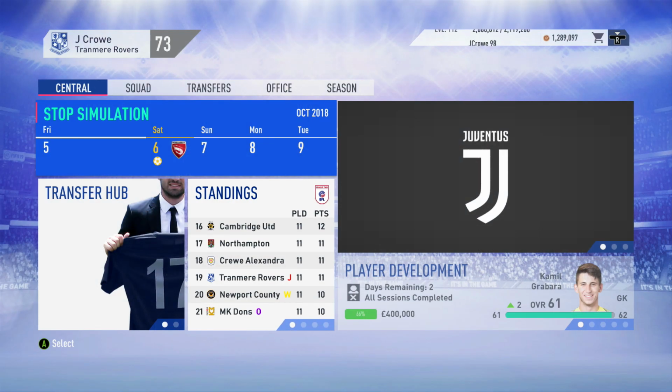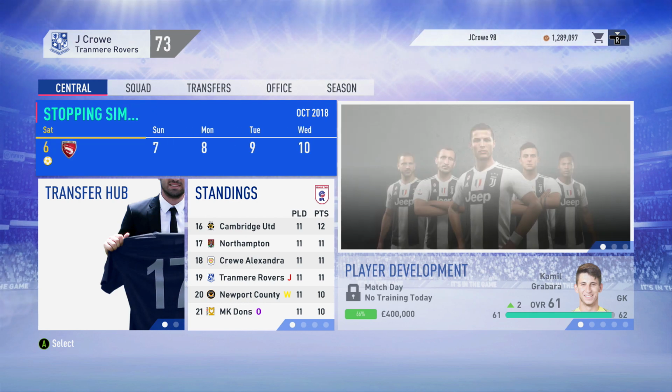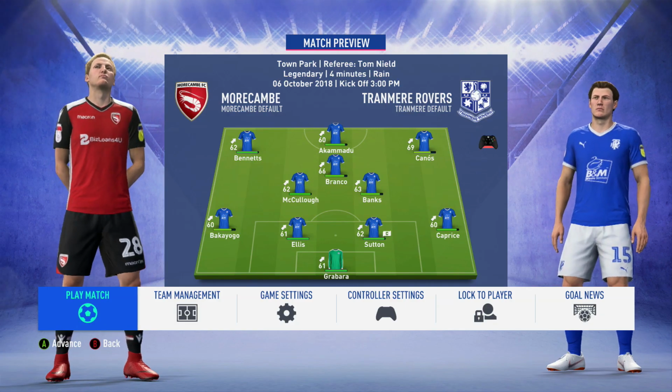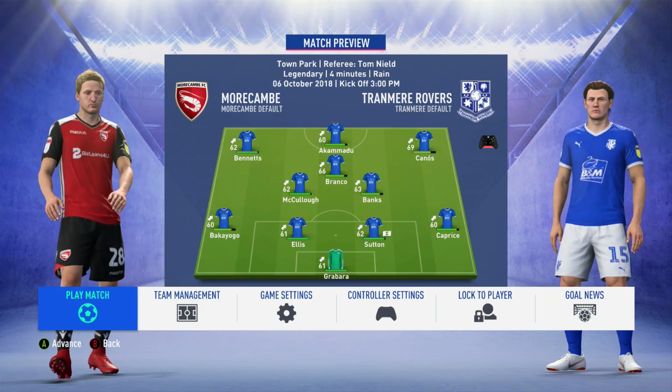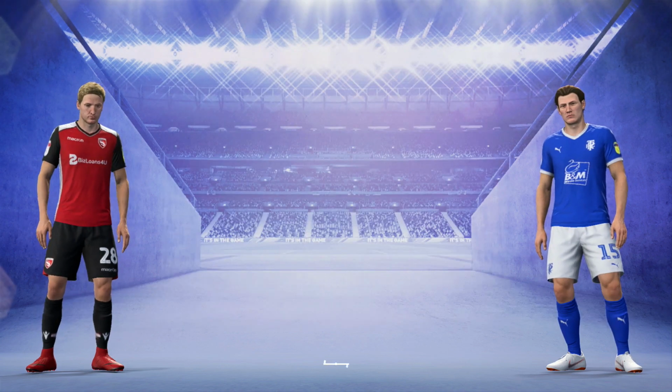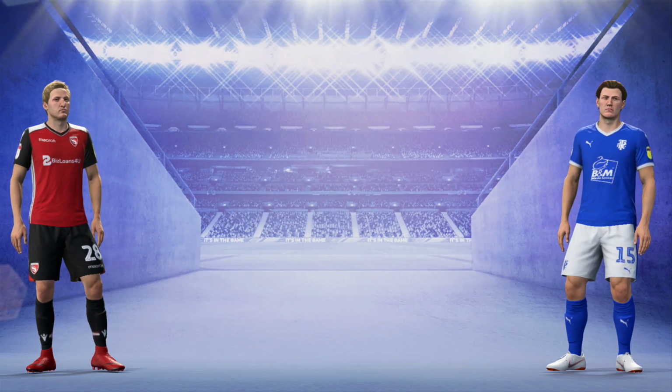Lovely. And now we're on the prowl, looking for our next game. We're up against Morecambe. I decided I may as well play them. I am away. They're doing better in the league at the moment. The squad reason this time is pretty similar to what we used at half time in the last game. We just put Bremer on the bench, Banks back down the centre mid, and have Sergio Branco set in nicely